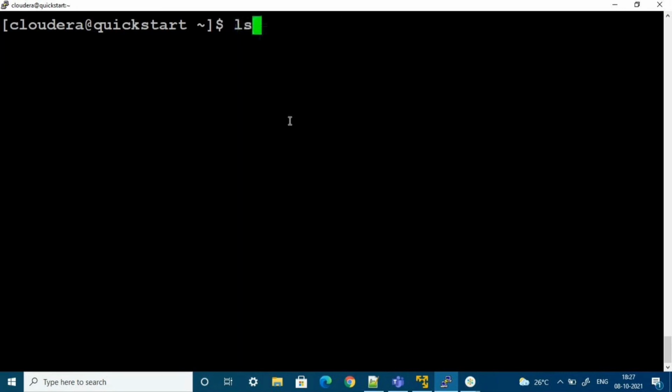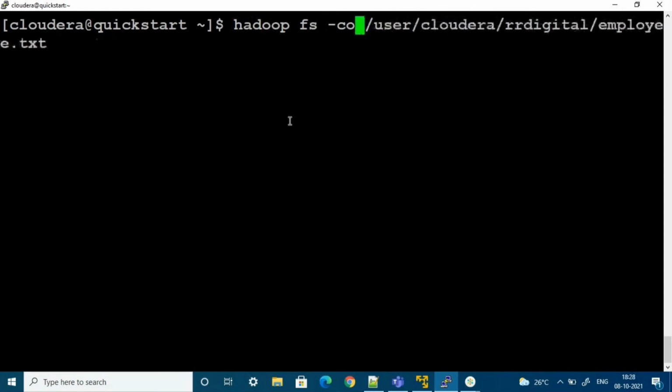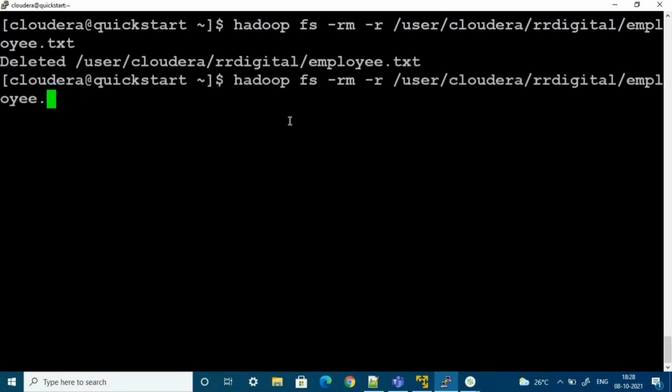Okay, first we'll delete a file, then we'll delete a directory. Okay, so successfully deleted. Now I will remove the directory also. So to remove a directory we have to use the command rmr.